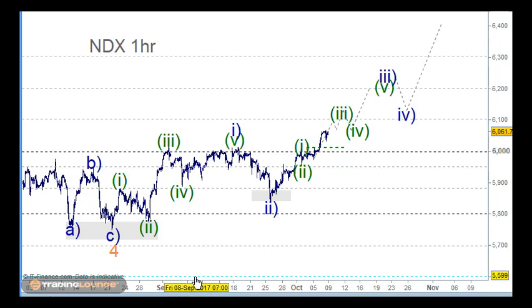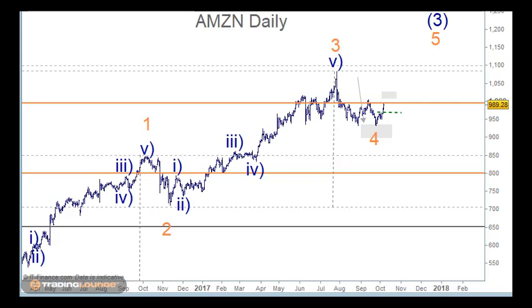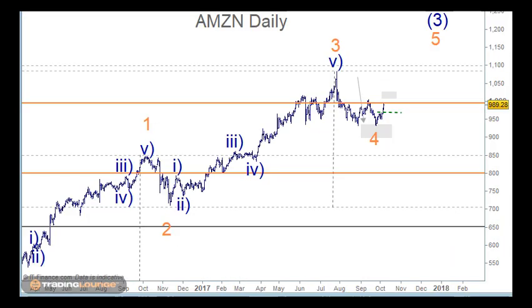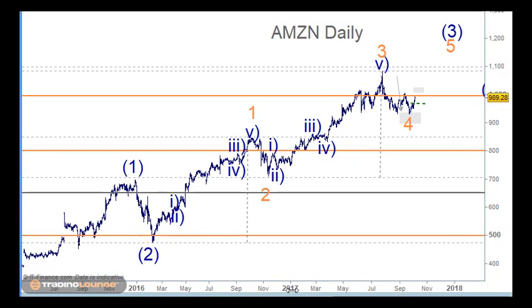When I look at, say, Amazon, for instance, because Amazon and Google are a couple of the biggies there. Let me just find, okay, there's Amazon here. I was looking at Amazon a bit like this, as wave 1 and 2 here, then 5 waves up for wave 1 and 2 here, and then wave 3.